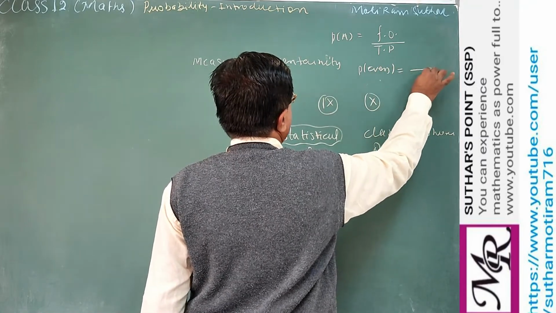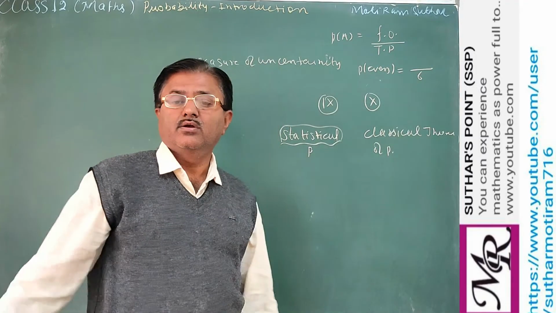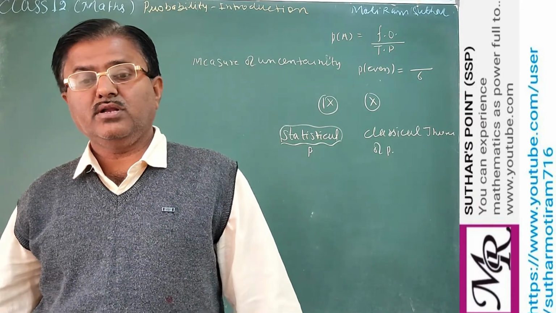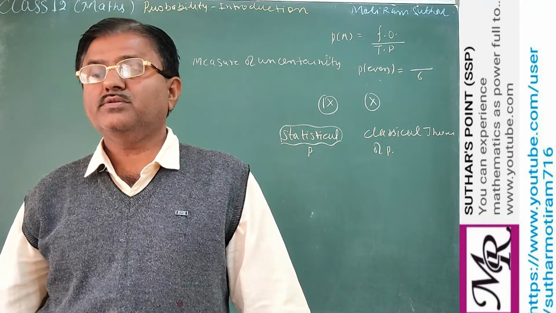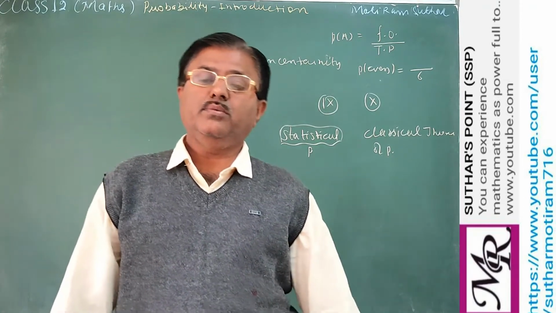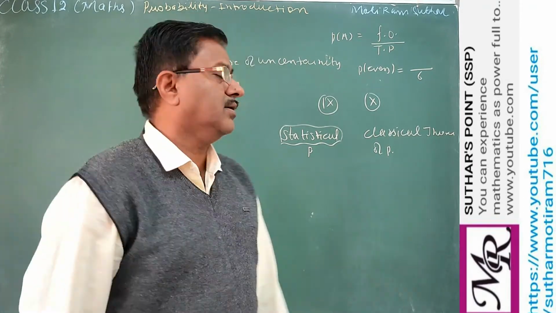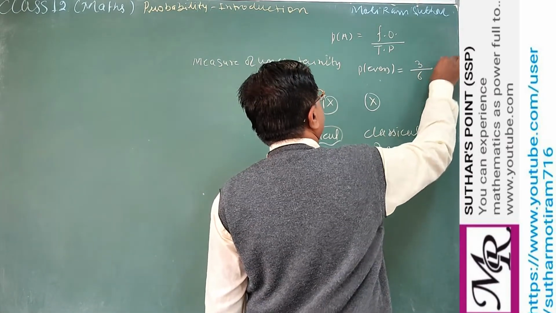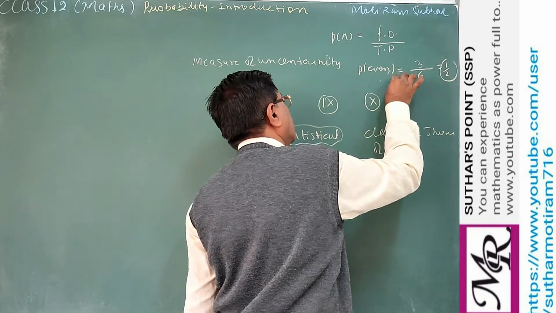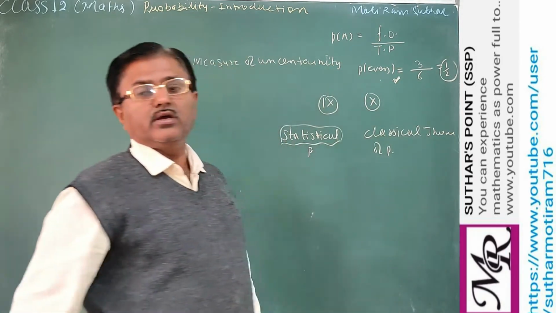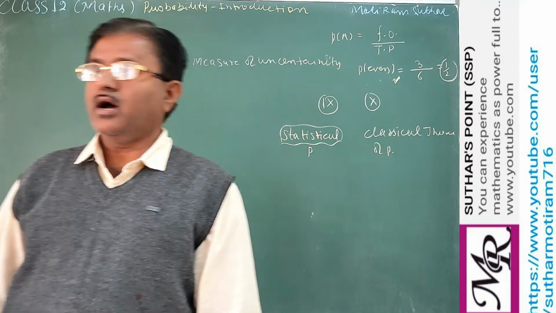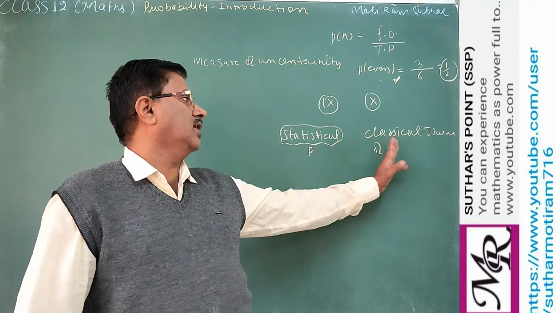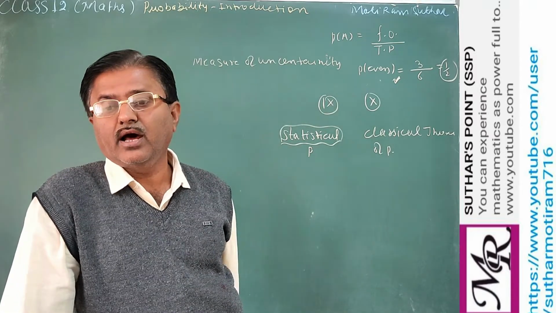Also you see, like an example, when we are throwing a die, then the probability of getting an even number. Total possible outcomes for a die is 6: 1, 2, 3, 4, 5, 6. And out of that, even numbers are 2, 4, 6. So favourable outcomes 3, total possible 6. So you get 1 by 2. Yeah? So here also we are saying these have equally likely outcomes. So these two theories we have already studied in 9th and 10th class.